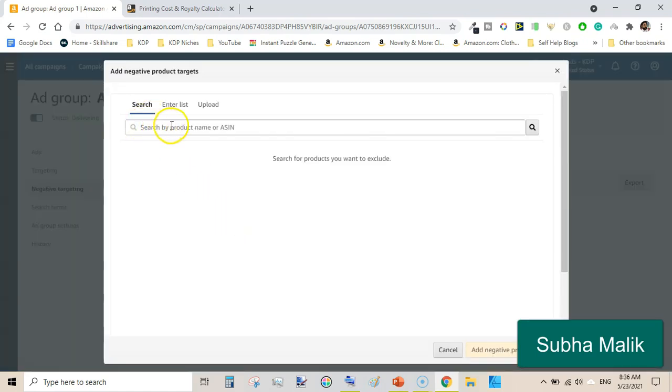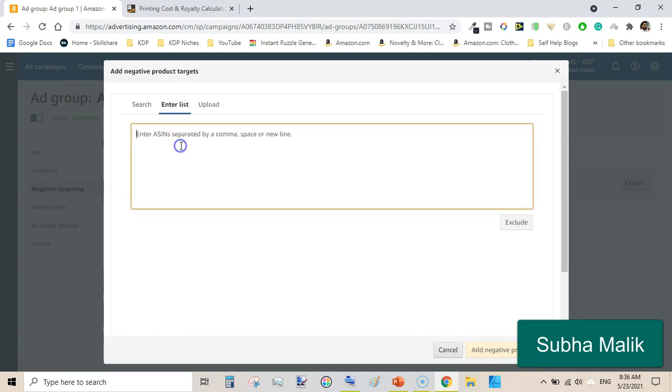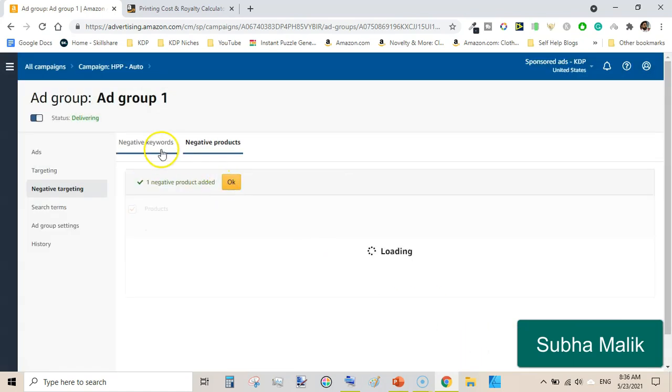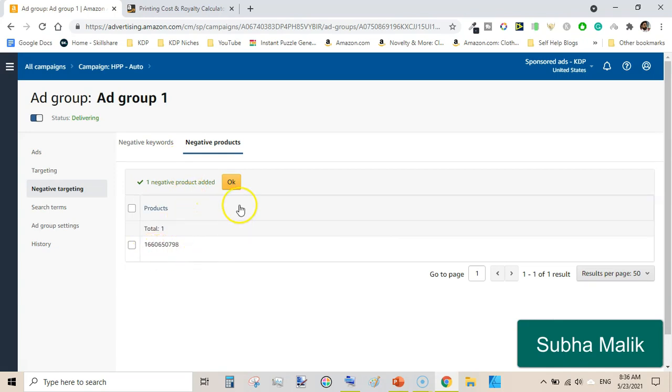Here I will enter list, paste it here, and then exclude and add as negative product targets, so it will appear here. Okay, this is the first thing.